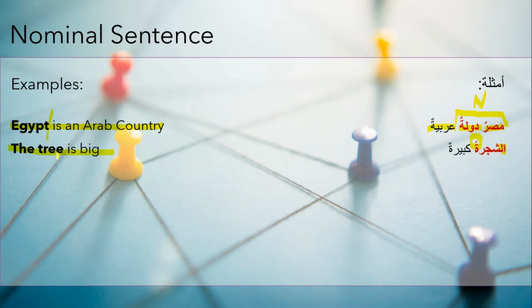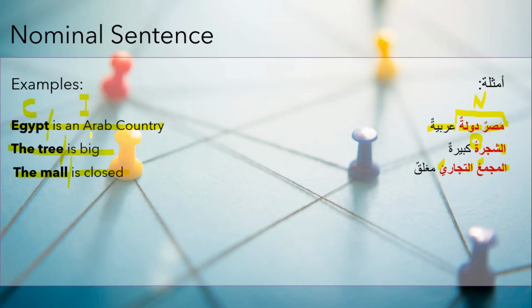I used "is." Egypt is the commencement, and "is an Arab country" is the information. The tree again, it's al-mubtada. "Is big" is the al-khabar. الشجرة كبيرة. المجمع التجاري مغلق. The mall is closed. I'm just putting these lines or slashes just to understand that these are